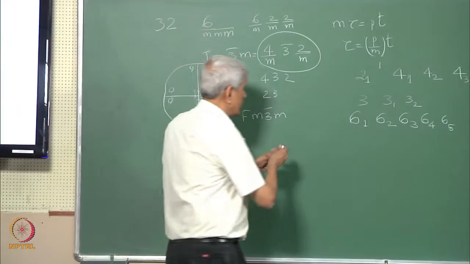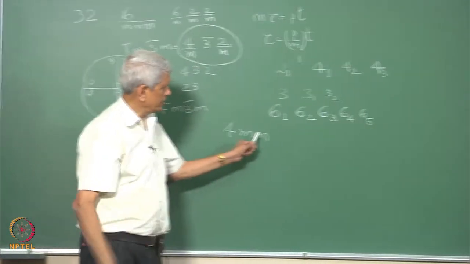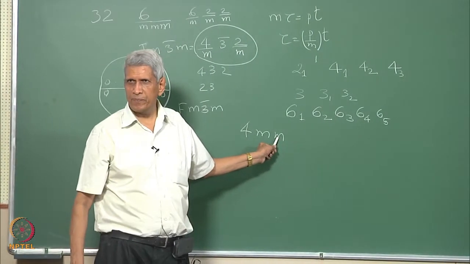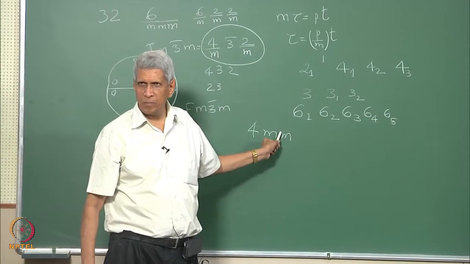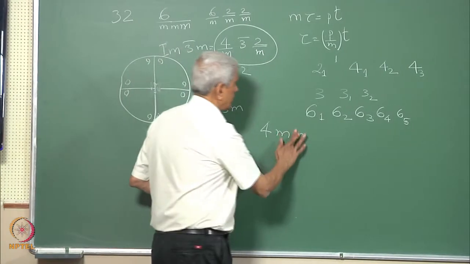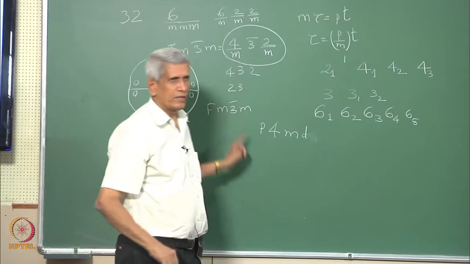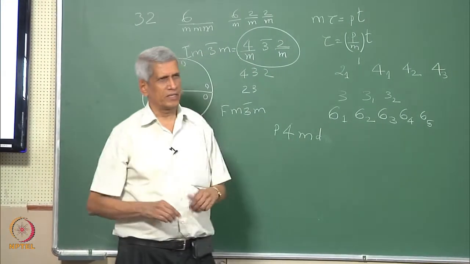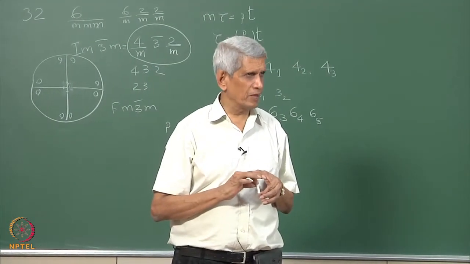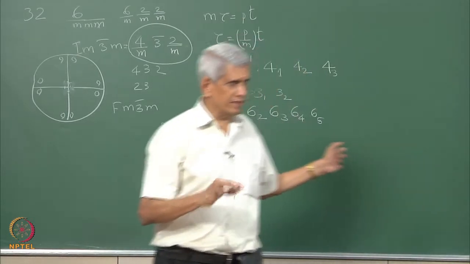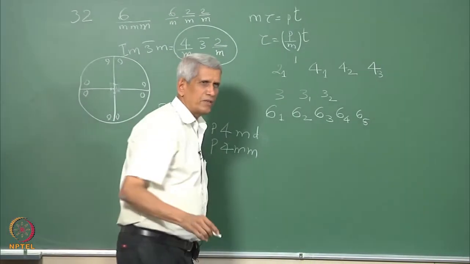Like we assume that the crystal has 4M, M. In the direction where the mirror is there, this is along the 110 direction. If instead of a mirror there is a glide in this direction, then the symbol will turn out to be 4MD, and if it is primitive, we will write P4MD. This is the way this space group is represented. Is this clear? When the glide is not there, then the space group will be P4M. This is the way it will be.